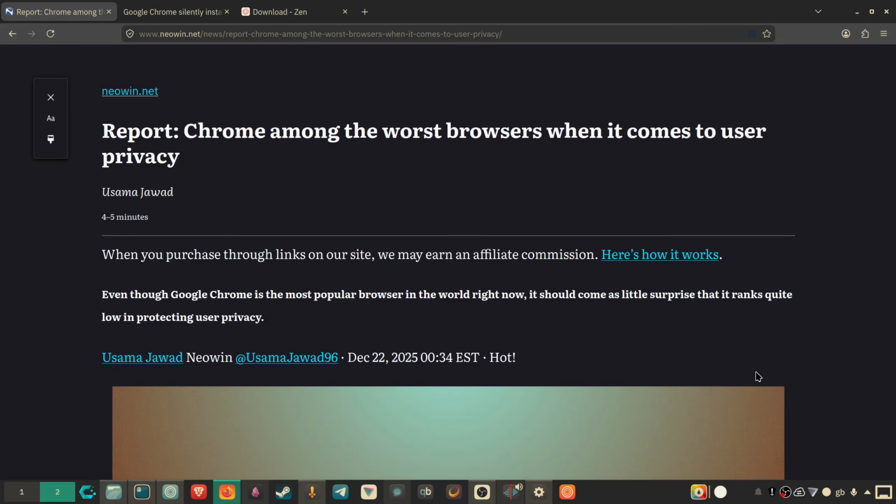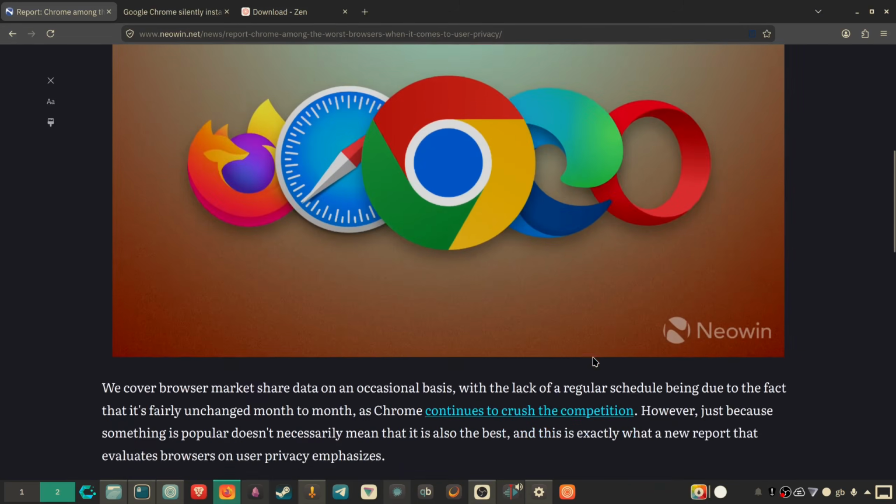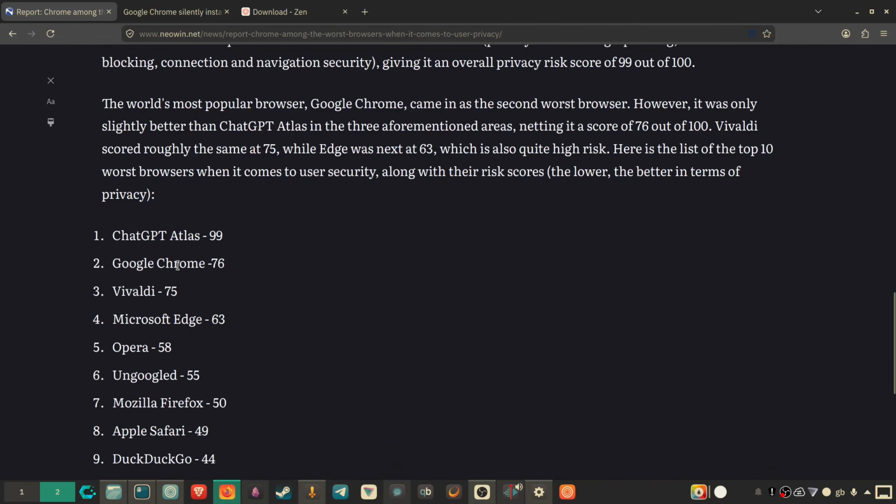Most people use Google Chrome. It's the most popular browser and it's the one that basically everyone installs by default. However, it's also popular for its extremely bad privacy. As we can see here in this article, it ranked the second worst in terms of privacy, with only ChatGPT